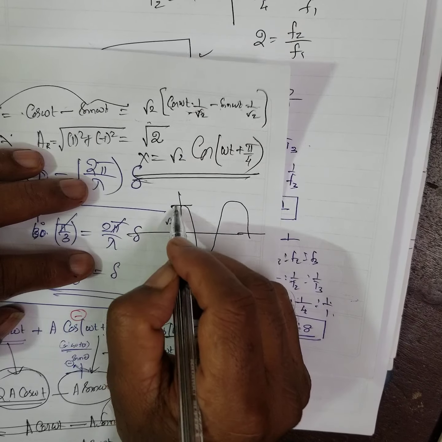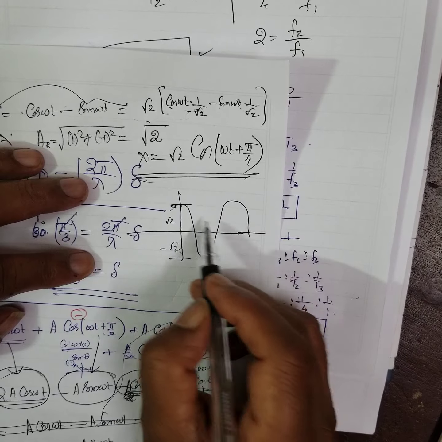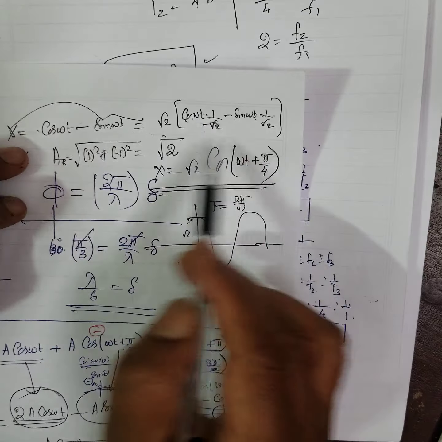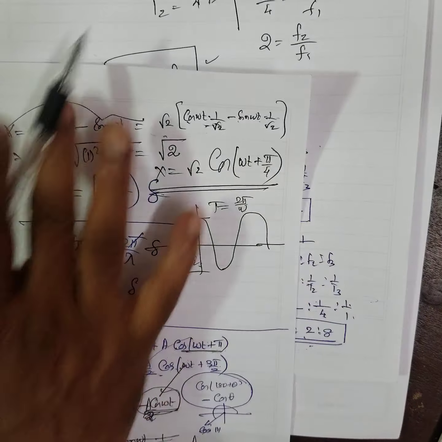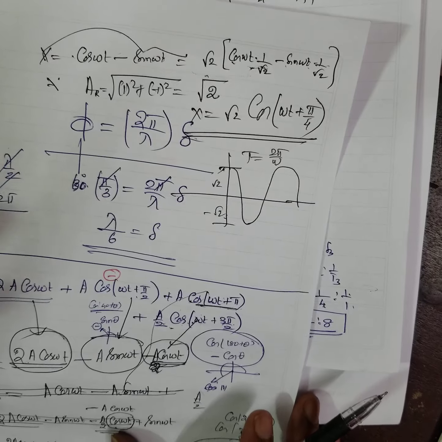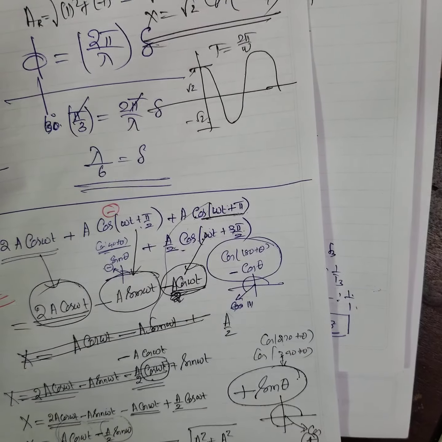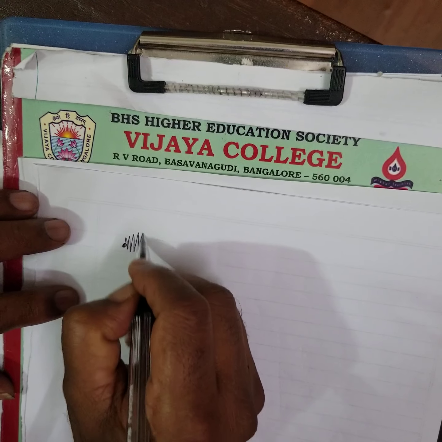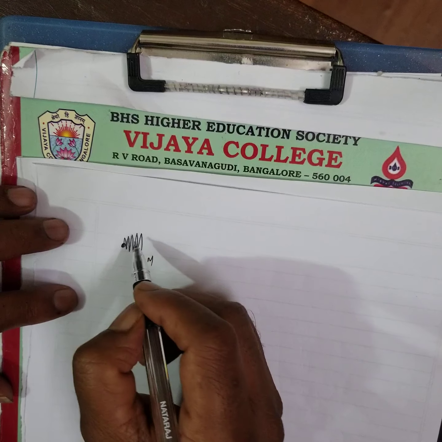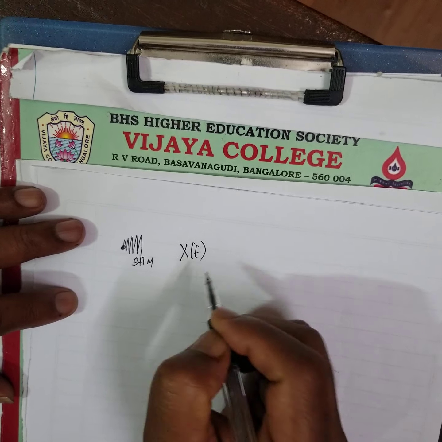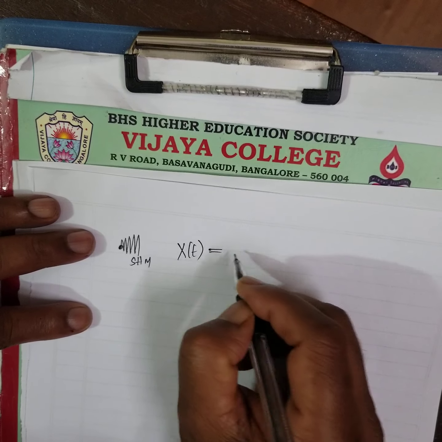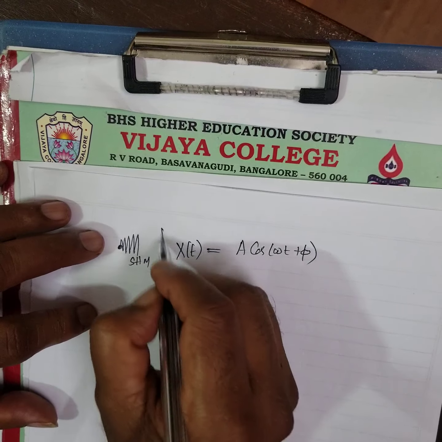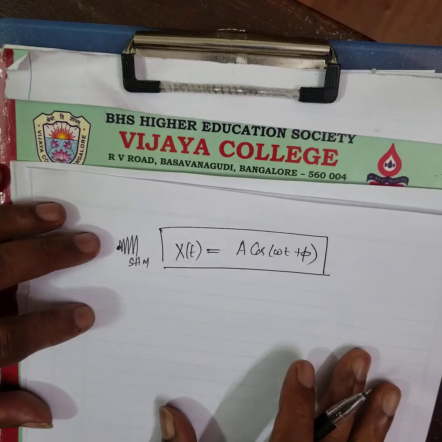Understood? Root 2. This is minus root 2. You can use this one, omega t. What is the period? 2 pi by omega. See, you must have the calculation capacity. How you have to calculate all these things, this idea you must have. There is a problem, like there is a particle. The particle produces simple harmonic oscillation, right? Then it produces a wave. The wave is in the form of a cos omega t plus phi. They give like this, arbitrarily. This is the way you have to generalize.